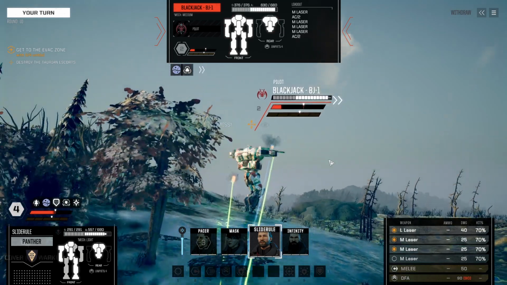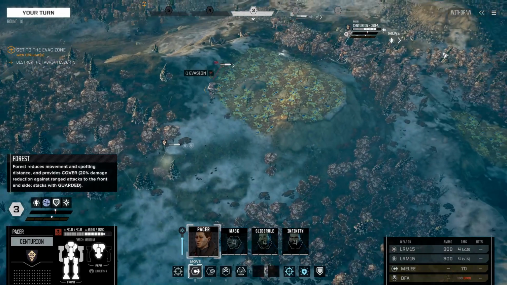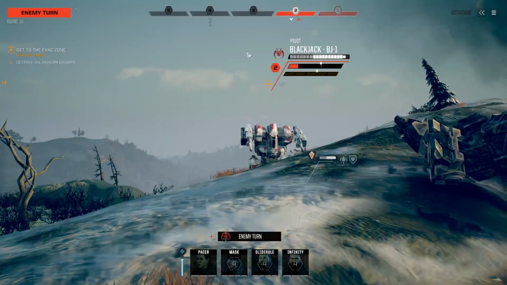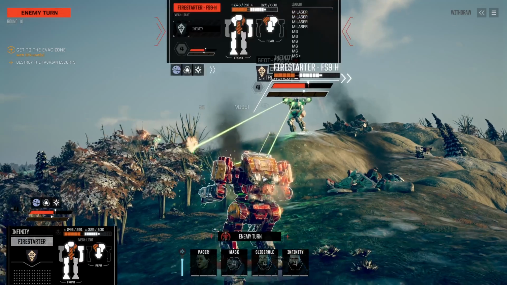So really we're just trying to work at these edges here. This thing has a lot of armor. How about this? We'll reserve so that they can move. Because we're gonna get...